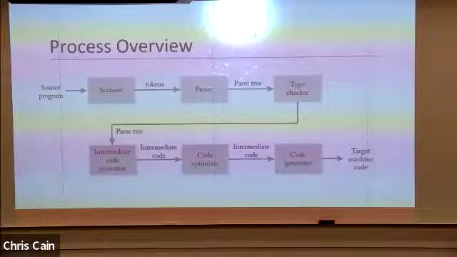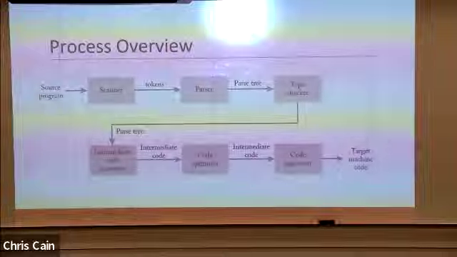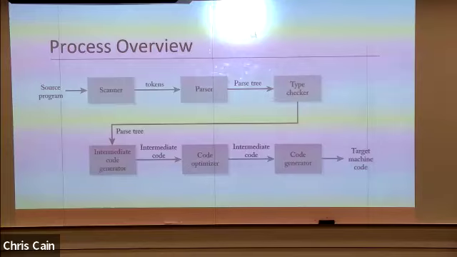We then need to pass this into a type checker. The main goal of the type checker is to ensure that if an expression is supposed to evaluate into an integer, we're trying to put it into an integer. The type checker makes sure that what we are trying to put into an integer-shaped hole is in fact an integer, and what we're trying to put into a character-shaped hole is in fact a character.